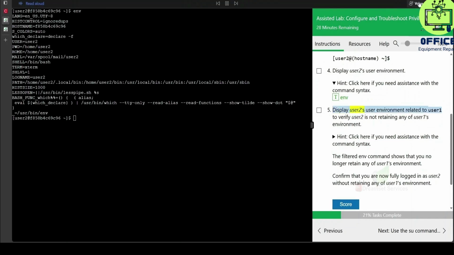Display user2's user environment related to user1, to verify user2 is not retaining any of user1's environment. Hint: click here if you need assistance with the command syntax. env | grep